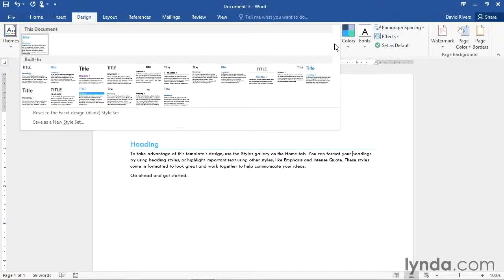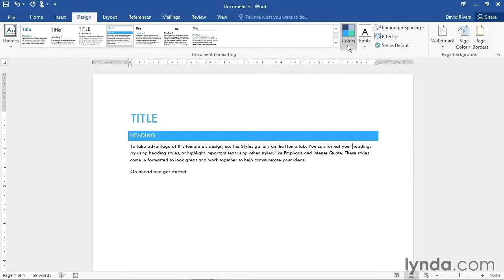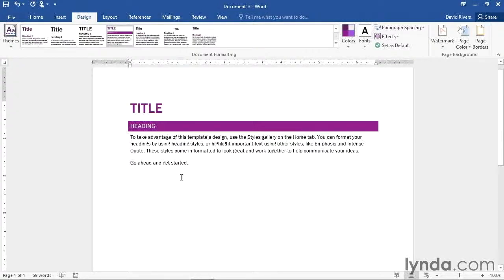Now, once we've selected a style set, we can even change the color scheme that's used. Click the drop down, and as you go to something like Violet 2, actually, I'm going to go with that one, give it a click, you can see how it changes up the colors. And if you don't like those fonts, choose a different font set. These all come with the theme. I'm going to go down to Franklin Gothic and click there. So as you can see, it's going to change up your entire document, and that's because our document is using